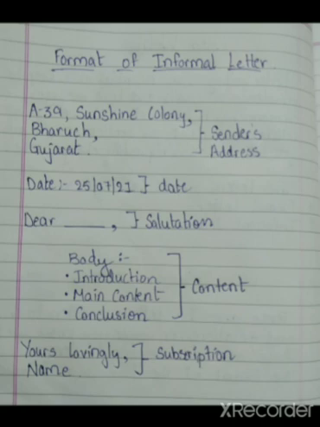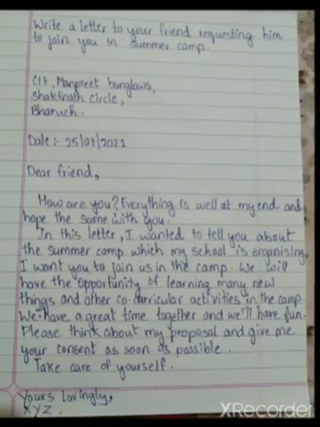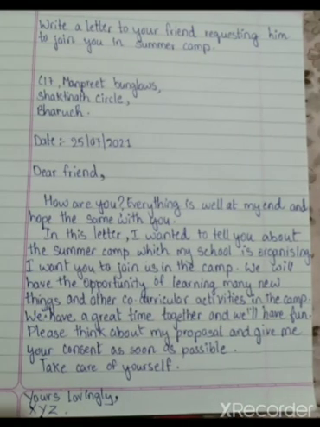What do we call it? Subscription. So yes, this is one example format. This format you have to follow, and according to the question you just have to write the letter. Understood? Now, to explain in a much better way, there is one example for you. Yes, this is an example of one letter, and after this you will get one practice question.